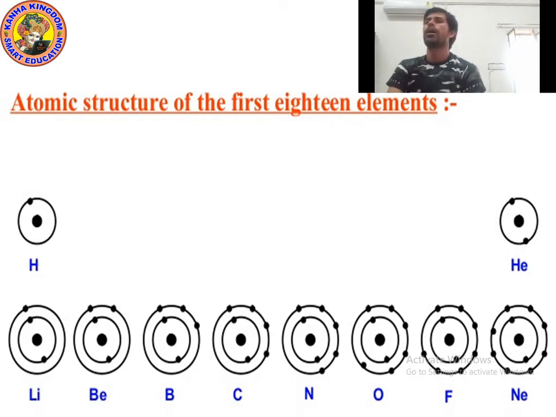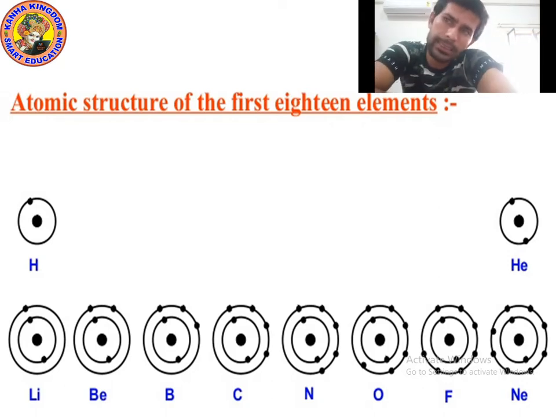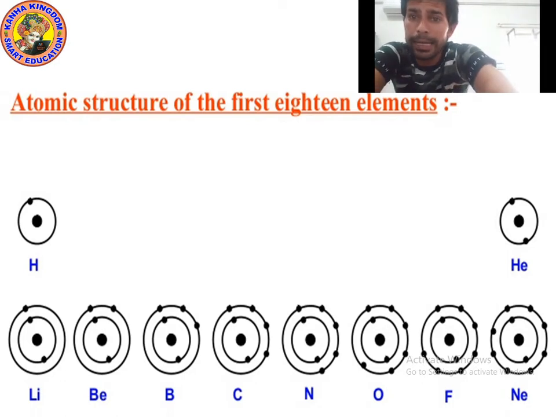Next is oxygen. Oxygen has 8 electrons. Okay, let's draw the first circle. In the first circle we can fill a maximum of 2. So we will make 2 black dots. Now 8 minus 2, 6. 6 electrons are remaining, and in every upcoming shell, we can fill a maximum of 8, but oxygen has 6 remaining electrons. So we will fill 6 electrons, which means we will make 6 black dots.